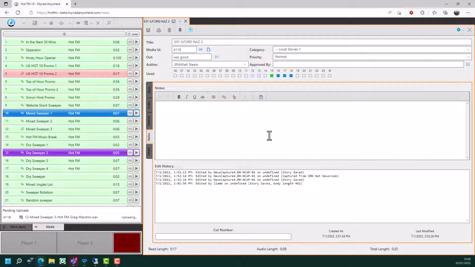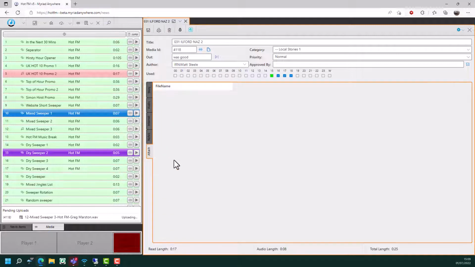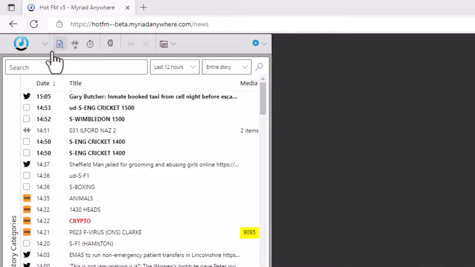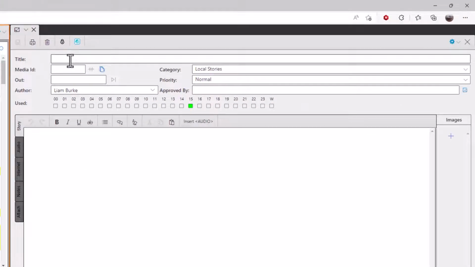You can add notes to your story if you wish to, and you can also attach other files to your story if you need to. When you're happy, click on the Save button and save your story. Next, let's try creating a new story. Click on the New Story button, give your story a title,